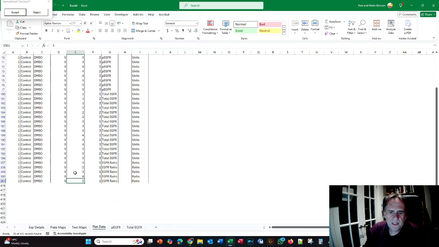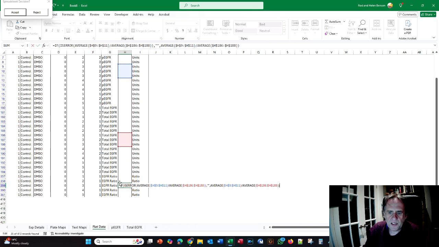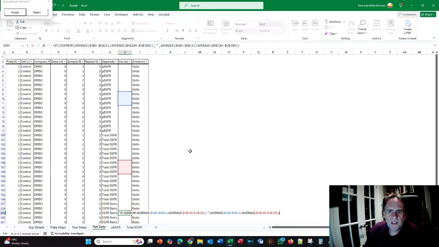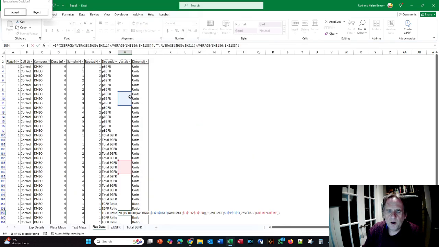So if I just pick DMSO sample 3 EGFR ratio, I click F2, you can see it's taken the 3 repeat numbers of sample 3, it's meaned those, it's taken the 3 repeat numbers of sample 3 on total, it's meaned those, and then it's calculated the ratio. And that is how it deals with the final possibility of multiple samples which have been replicated on the plate in, say, an ELISA assay. So I'll click accept,